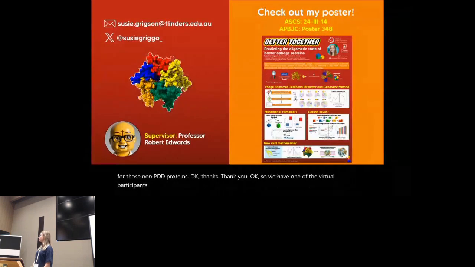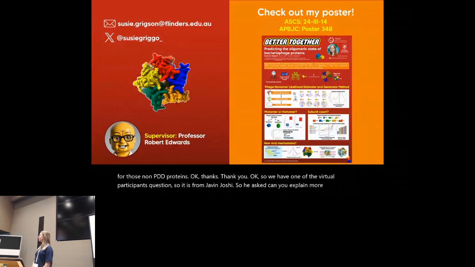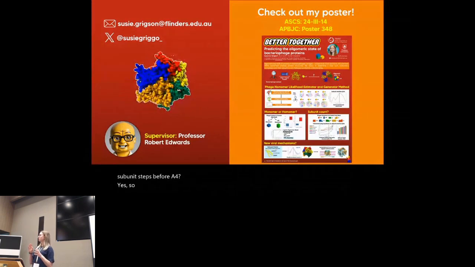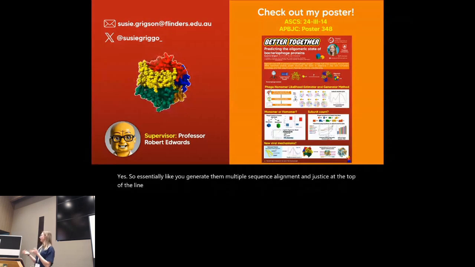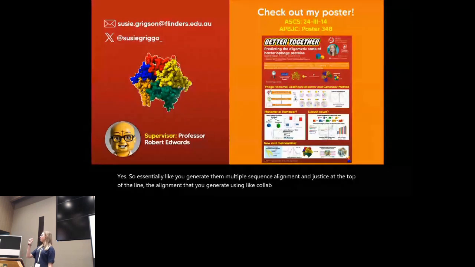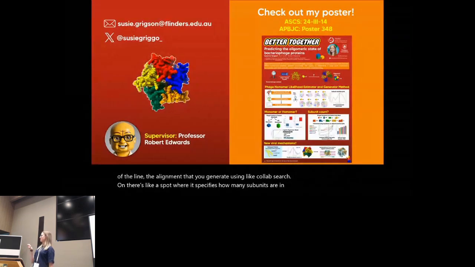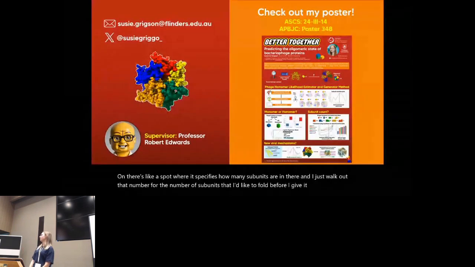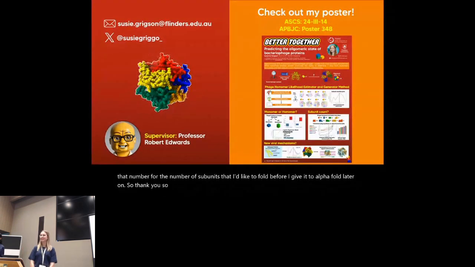Okay, so we have one of the virtual participants' questions. It is from Jatin Joshi. He asked, can you explain more about the subunit steps before AlphaFold? Yeah, so essentially, you generate the multiple sequence alignment, and at the top of the alignment that you generate using ColabSearch, there's a spot where it specifies how many subunits are in there. And I just swap out that number for the number of subunits that I'd like to fold before I give it to AlphaFold later on. So thank you so much. Yeah, thank you. So we can have the next